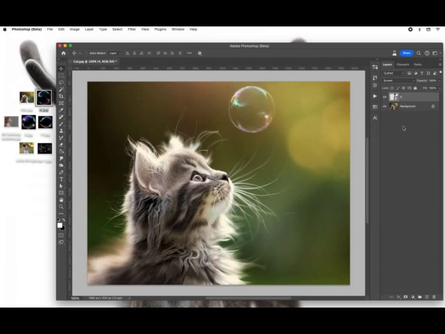Easy as that. Then if you want another one a little bit smaller and a little bit smaller because they're going into the distance, remember that they also need to be more blurred the further back they go. So we're going to duplicate this bubble. Command J on a Mac or Control J on Windows. Click the layer, Command T to transform,